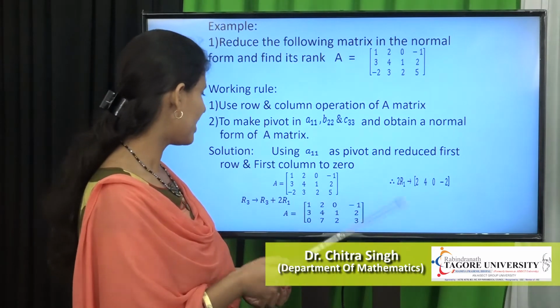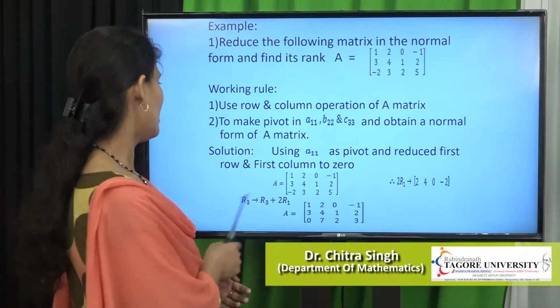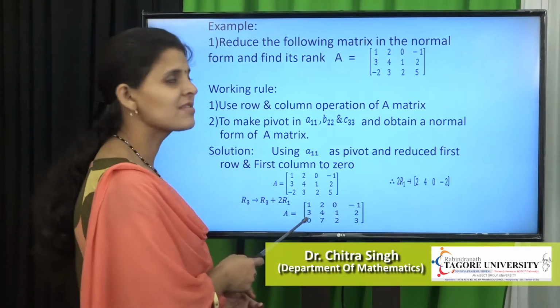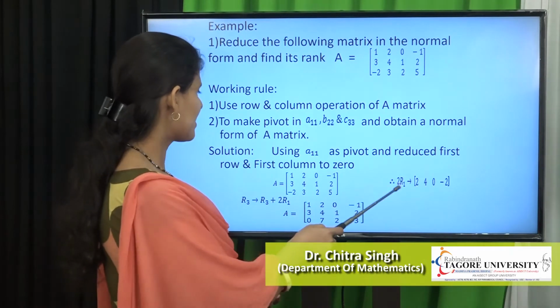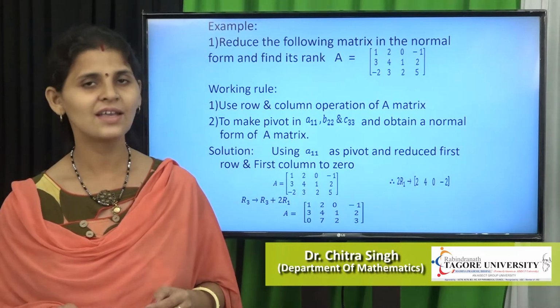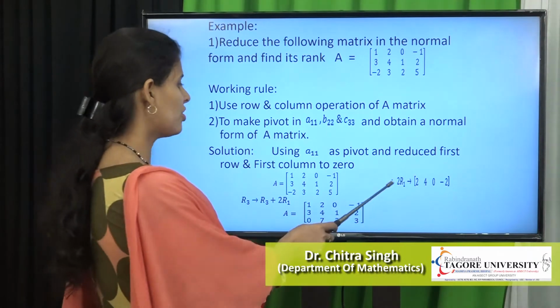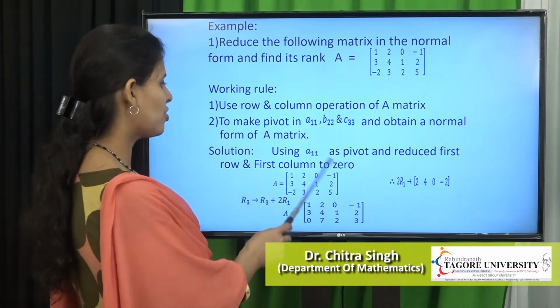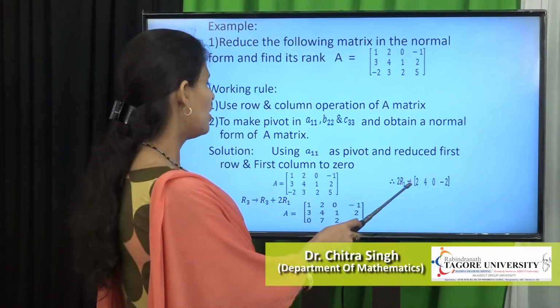So you add appropriate multipliers and reduce the other elements to 0. So R3 tends to R3 plus 2R1. 2R1 means you multiply the R1 row by 2. Your R1 row is 1, 2, 0, minus 1, and the appropriate multiplier is 2, so then 2R1 is 1